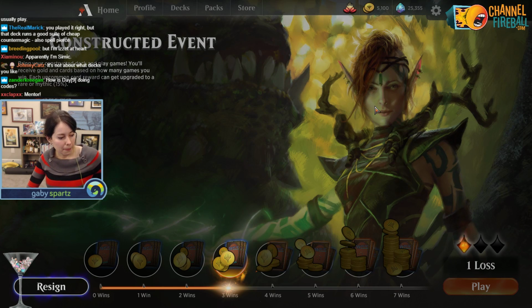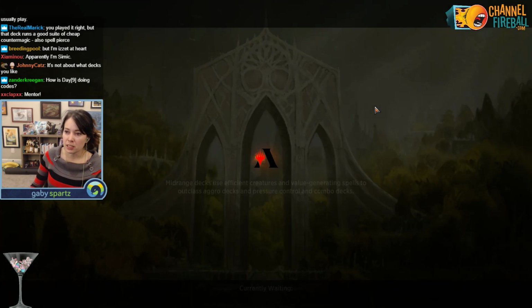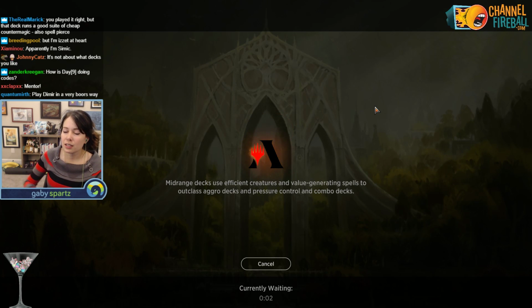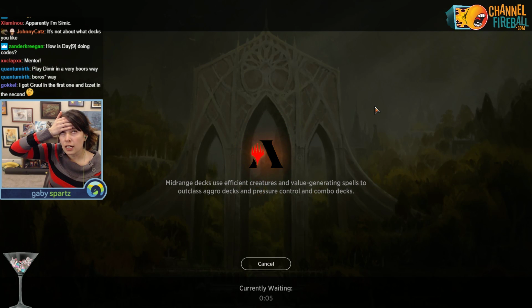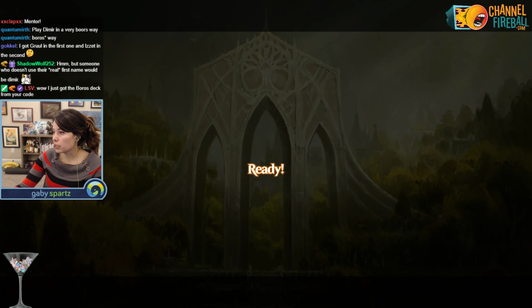You said you played it right, but the deck runs a good amount of cheap counter magic and also Spell Pierce. Yeah, honestly, if they had gone Island, and I thought about Merfolk Trickster, I would have been a little bit more worried. But I honestly thought we were just playing against a control deck, so...